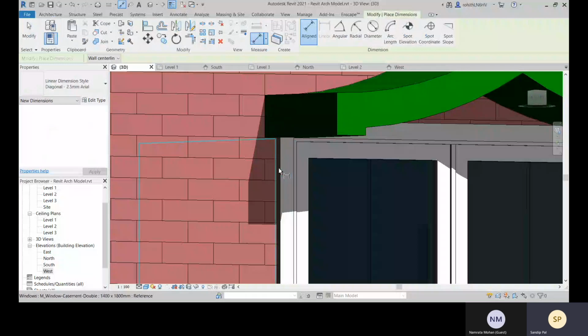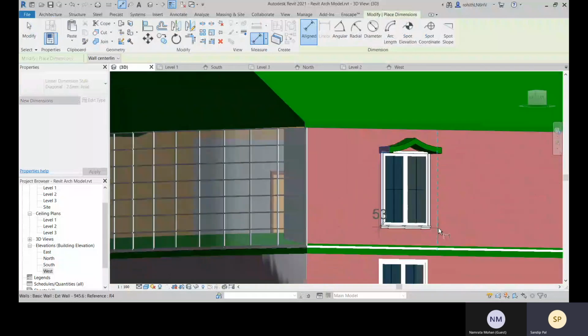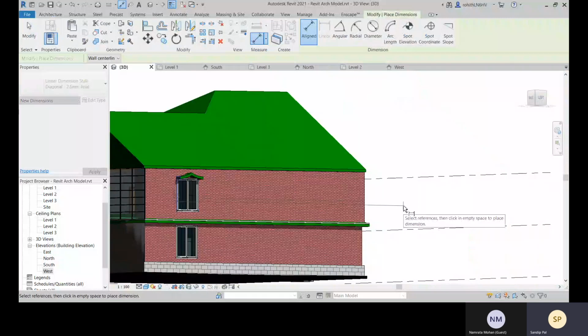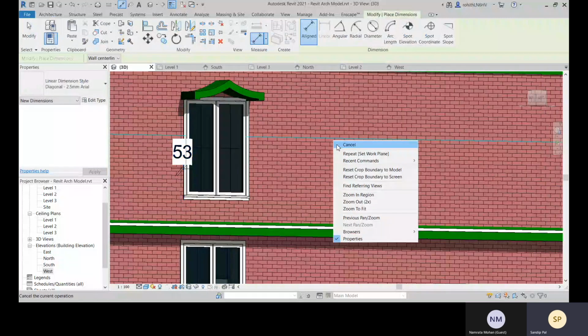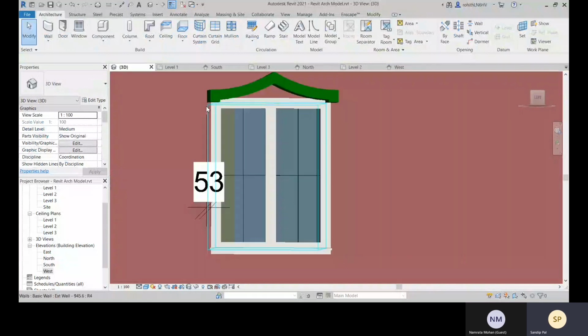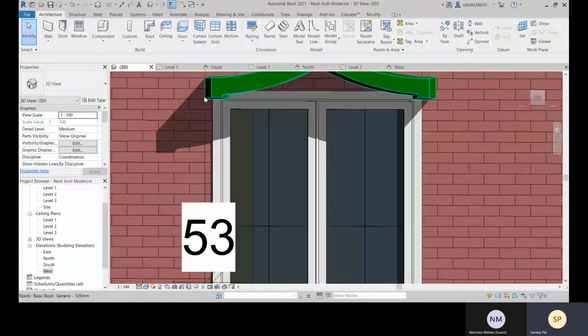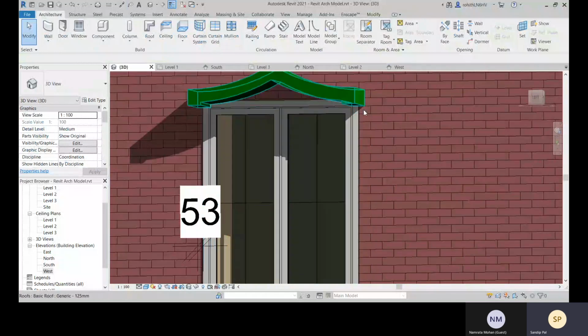This surface to this surface, giving the dimension. And then you lock it. So this will be fixed. Like that you can do this side also.